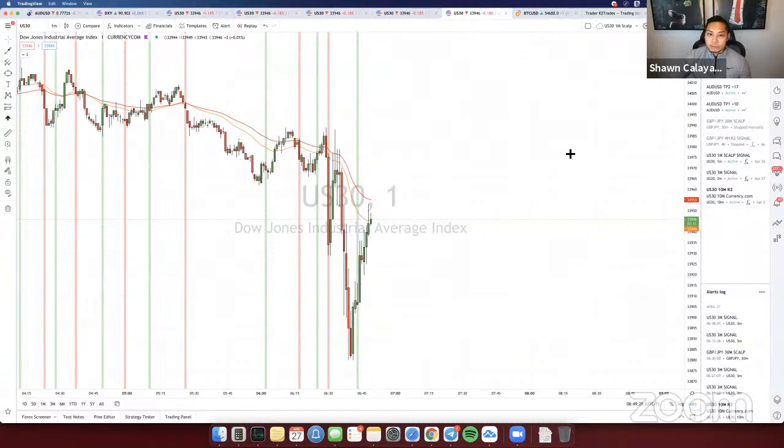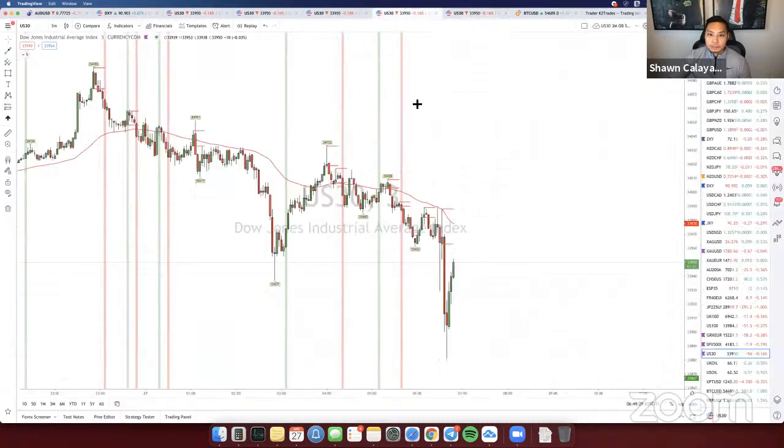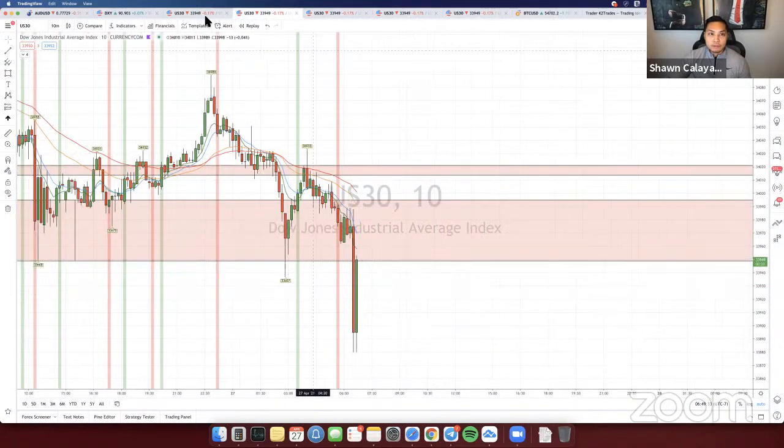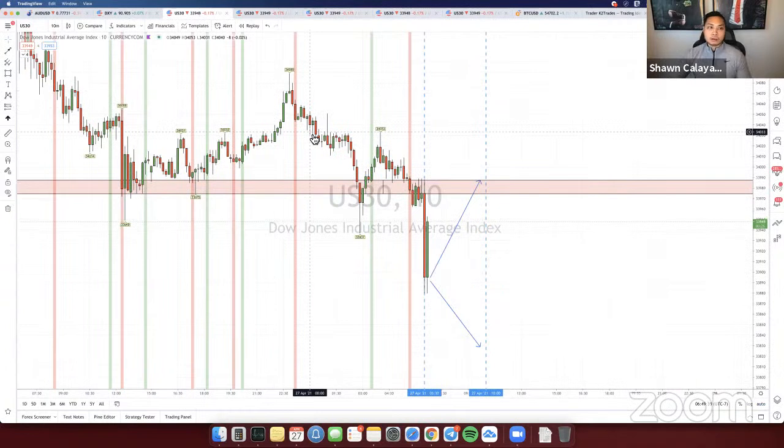But yeah, so that's what we're waiting for right now, guys. If we get a sell signal, maybe we'll take it, maybe we won't. We'll just have to wait and see where price moves from this point, because we want to wait for that confirmation to see which direction price is going. Like, we don't want to enter any sells and price continues pushing up, right? This just doesn't make any sense.